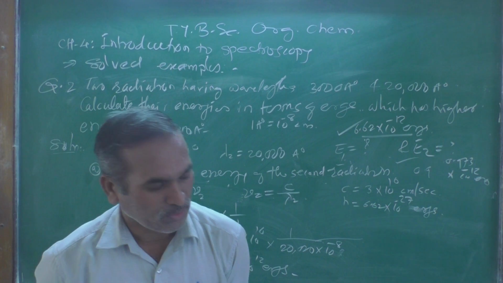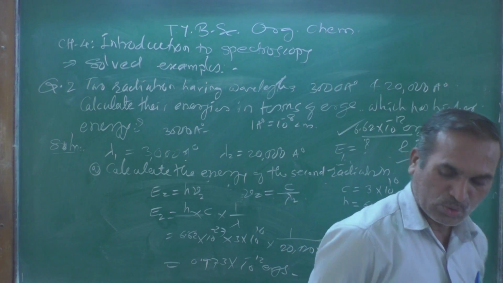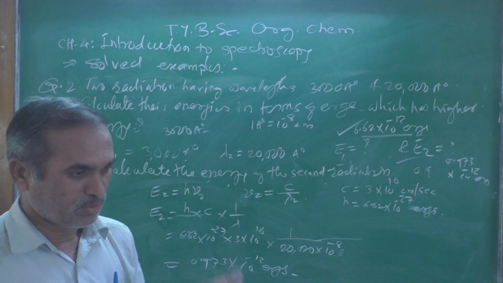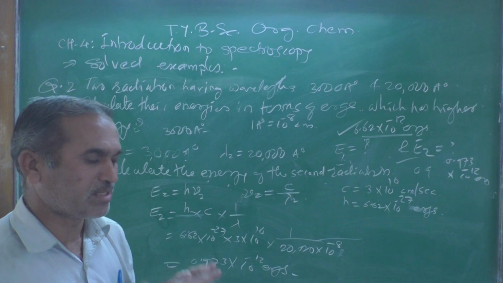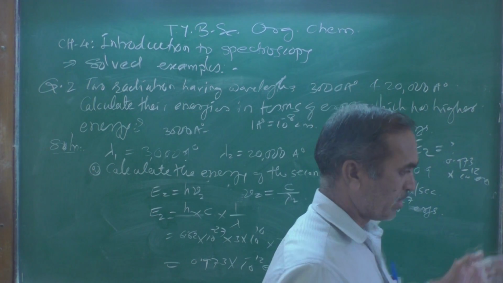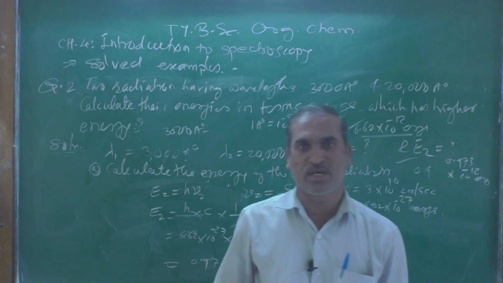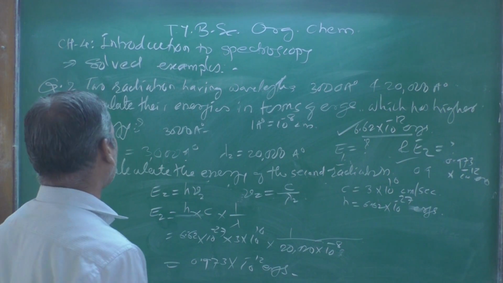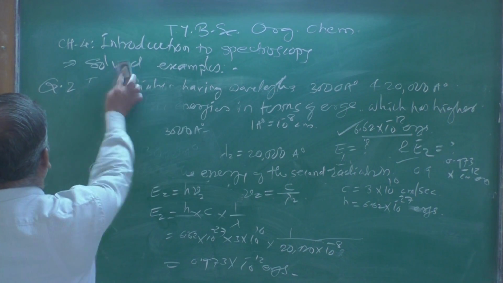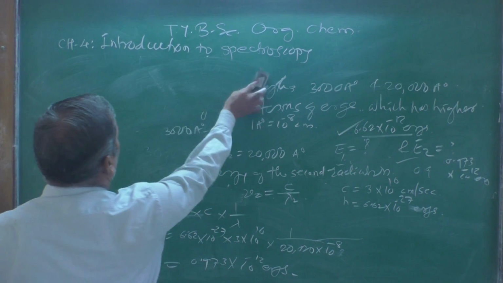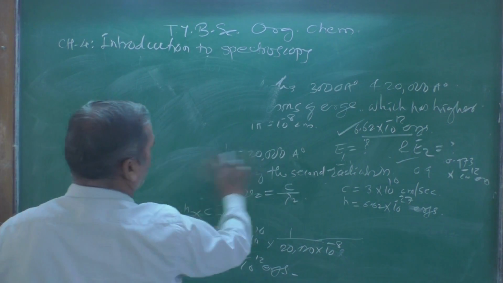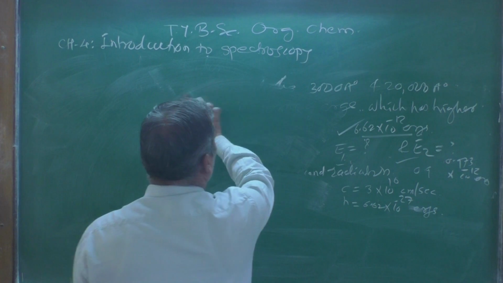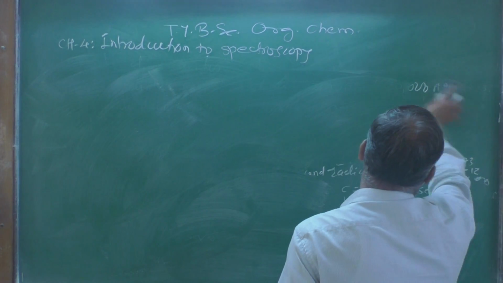Whatever solved problems there are, we have solved two over here. So we have completed chapter number one. The name of that chapter is Introduction to Spectroscopy. Whatever basic things are required regarding the Introduction to Spectroscopy, we have seen. Now let us pay attention